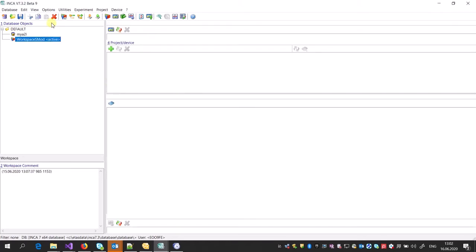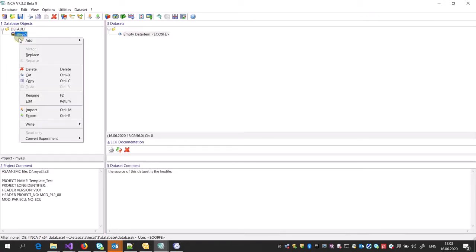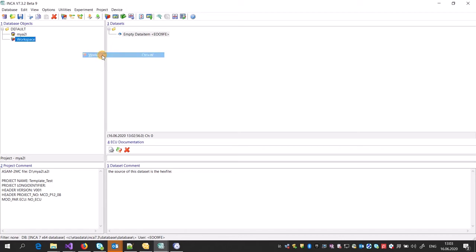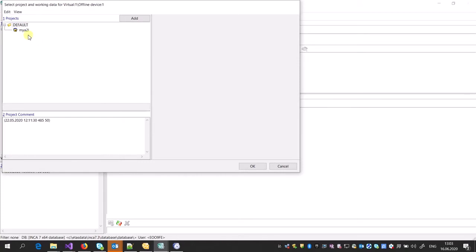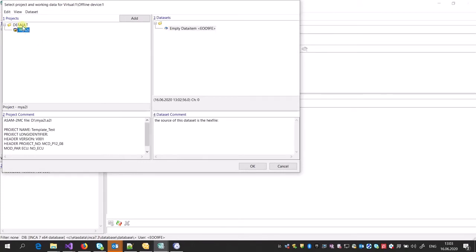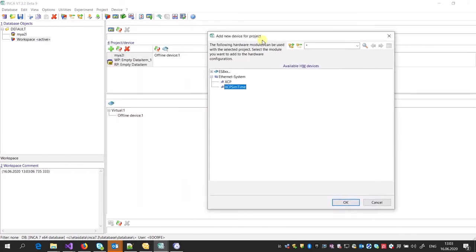The second step in Inca is to create a workspace. So in here, I right click again, add workspace. You can change the name of the workspace, of course. Each workspace can have different devices. I'm going to add one device in here, and that device is my A12 file. This A12 file is a very special A12 file because it contains the XCP configuration, and the Inca gonna understand this A12 file is actually contains an XCP device. So when I OK this, the Inca automatically bring up this for me.